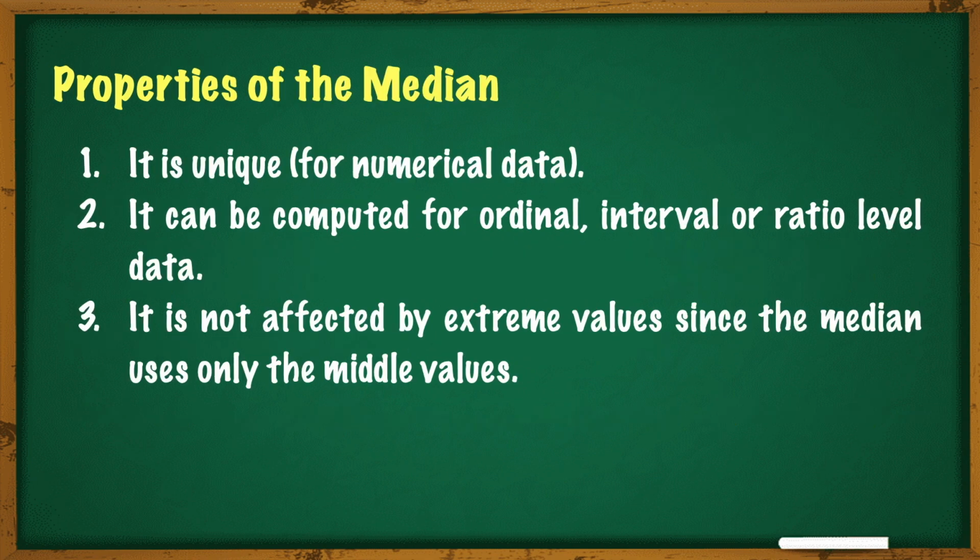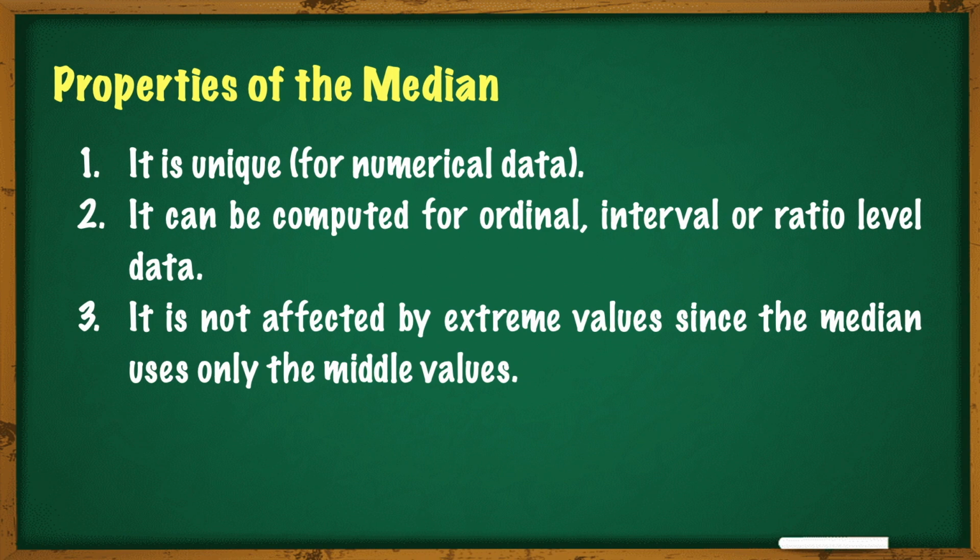The same with the arithmetic mean, the median also has properties. First, it is unique for numerical data. Second, it can be computed for at least the ordinal scale, so it can be computed also for interval and ratio level type of data. And third, it is a positional value, and unlike the arithmetic mean, it is not affected by the presence of